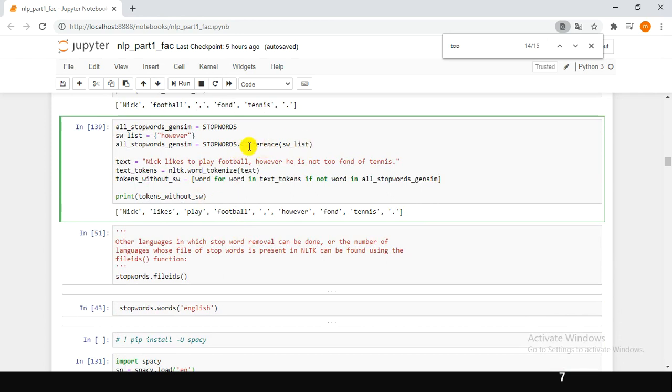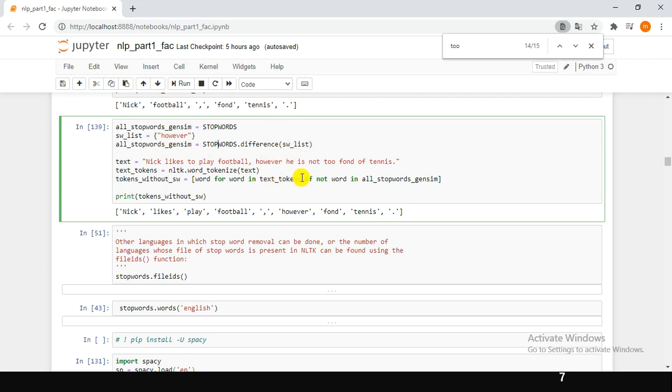Now you can also exclude stop words, which is the difference. Here we have used the difference. Using difference, we smartly exclude "however" from the default stop words. This variable will have all the stop words except "however", because Gensim has "however" as a stop word. Using the difference function, we can exclude "however". This is kind of a minus b. In the case of sets, we use a minus b. When you do a minus b, "however" will be excluded indirectly.